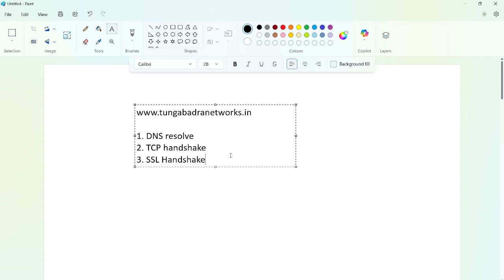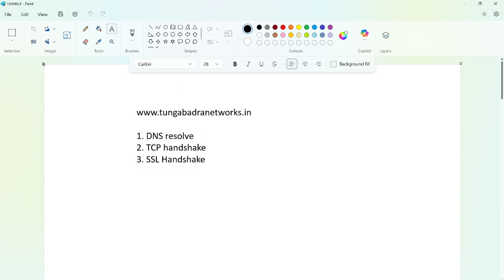We need to protect our sensitive and important information, right? So just as we make a TCP connection, we need to make an SSL connection as well. For that we are going to do an SSL handshake.